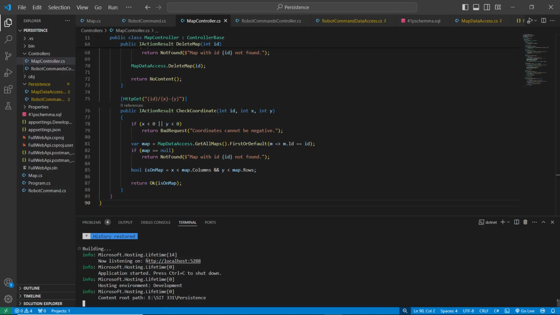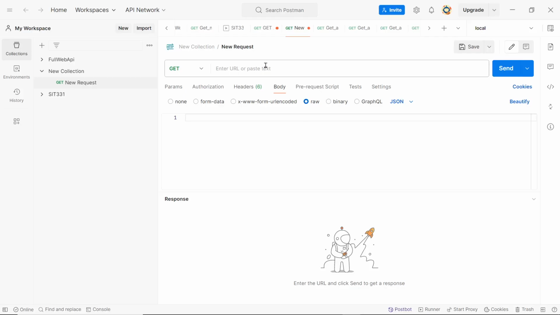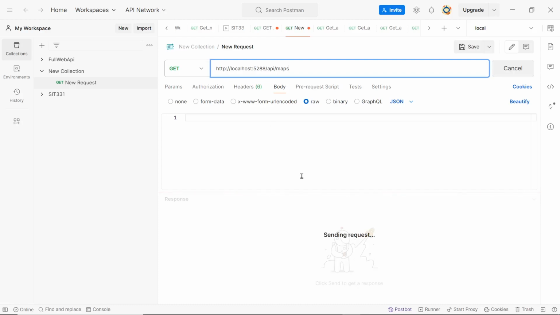Let me copy this URL. Now let's run the commands of map first. So api slash maps. When we click on send, it will